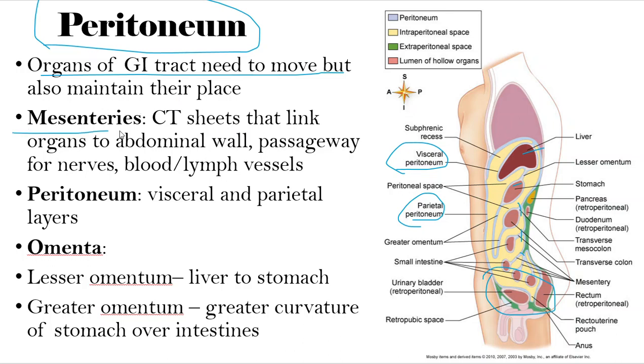Now we also have a special type of the peritoneum called mesenteries. These are pretty thick connective tissue sheaths. We have a lesser omentum. This is going to tack the top of the stomach to the bottom of the liver. Then we have a greater omentum. This guy is actually going to fall over the front of the small bowel like an apron,